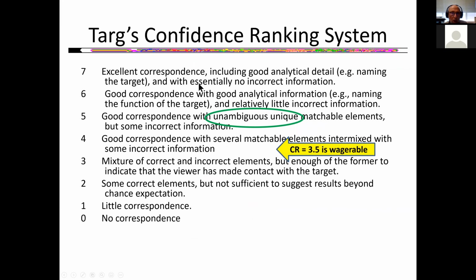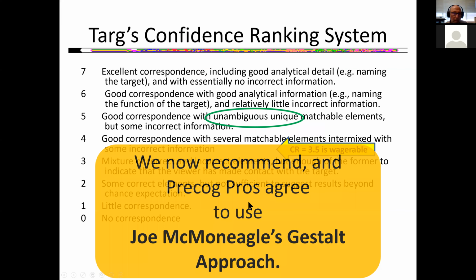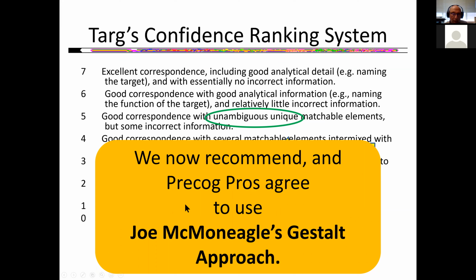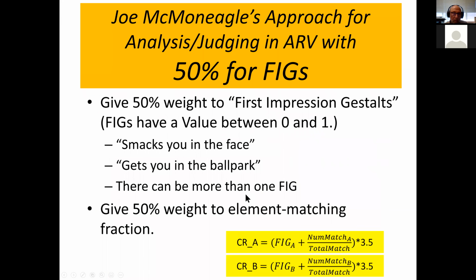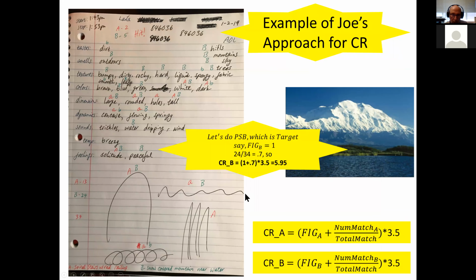But here's TARG's confidence ranking, which you can actually click and see from your judging page, and it should go to a separate screen. Now, we recommend Joe's approach, and so I'm going to put that up here. So this example is what I hope you're doing now,